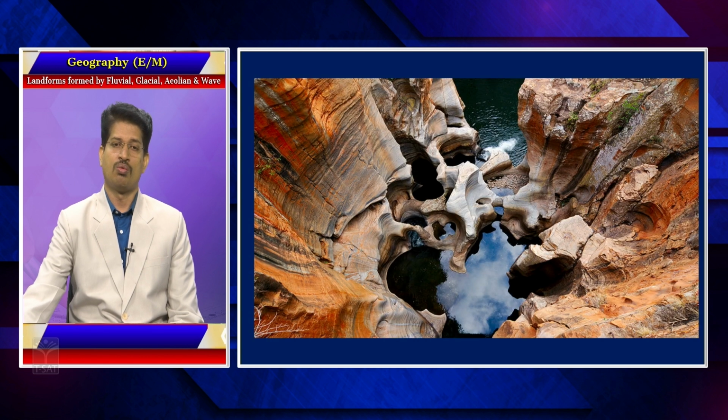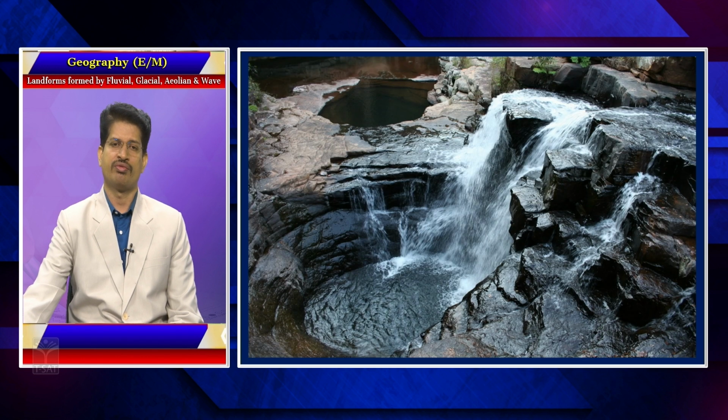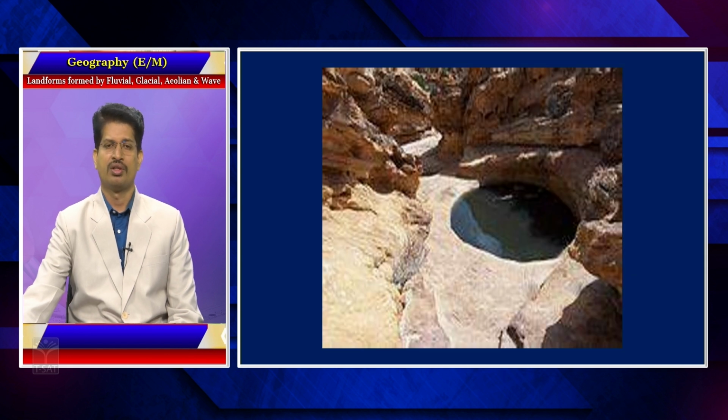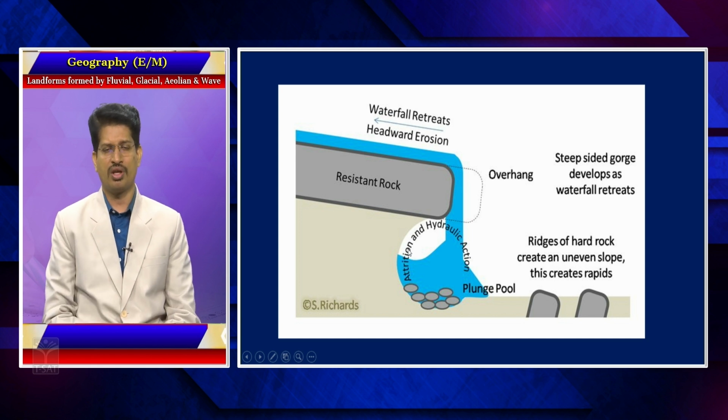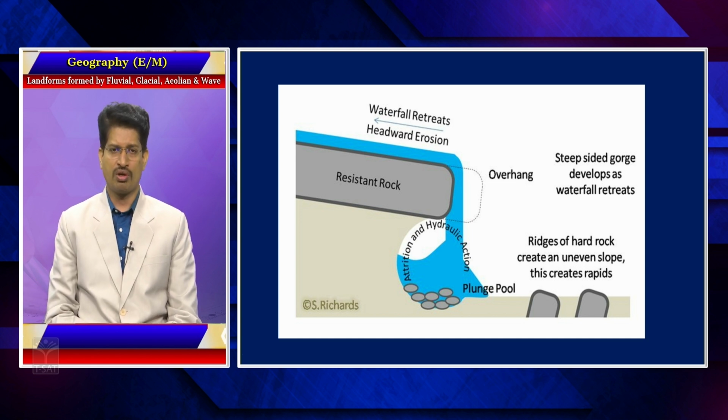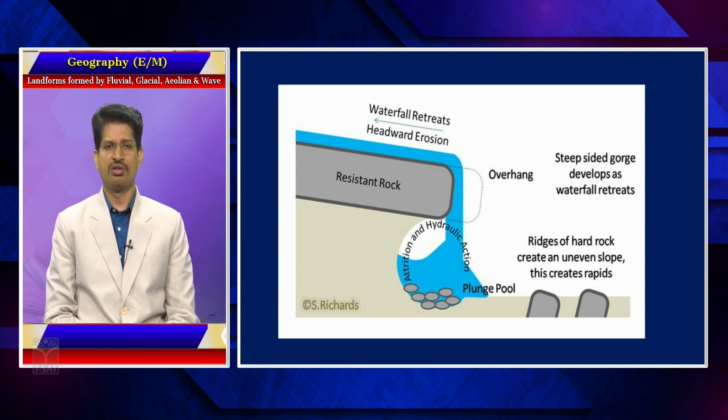So, why is a waterfall formed in the path of a river? The reason for the formation of a waterfall is the difference in the nature and strength of the rock, as I have specified in previous episodes. For example, igneous rocks, when compared with a sedimentary rock, might be much harder than a sedimentary rock.